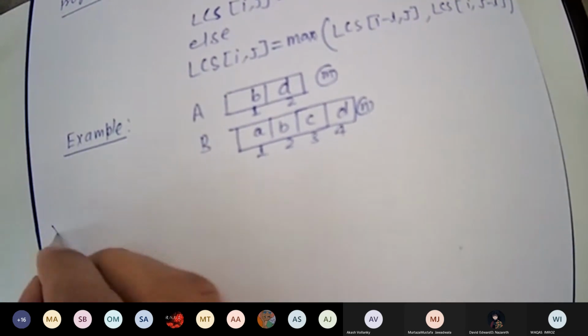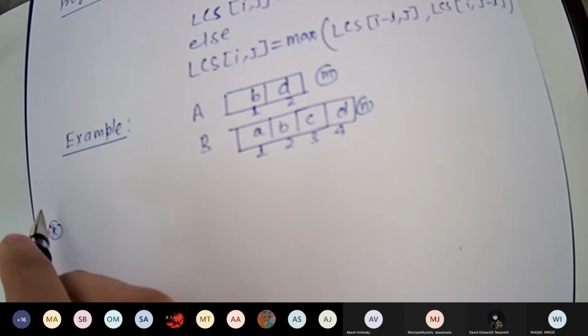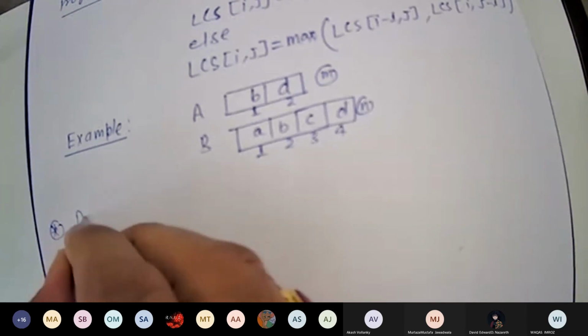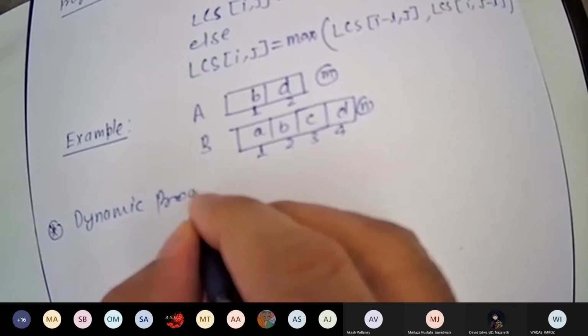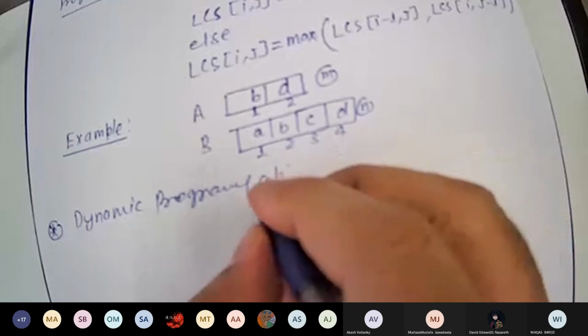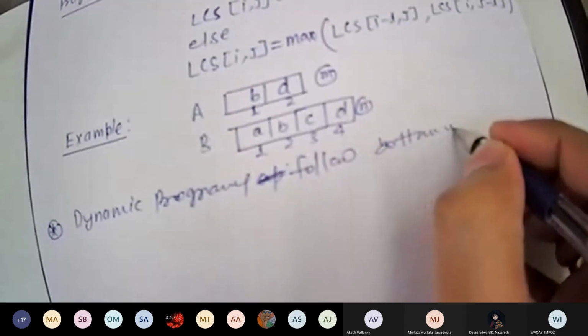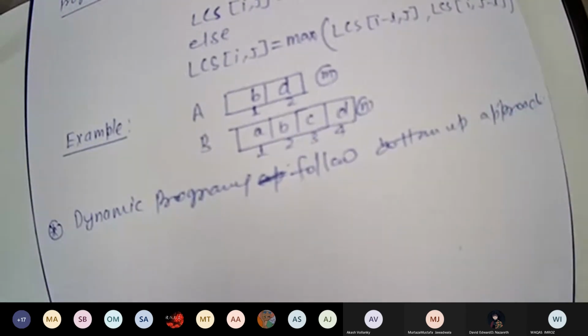One point you should know, dynamic programming follows the bottom-up approach, but the table we are going to make will be filled top down. Dynamic programming, bottom approach, like you just saw how we are filling the table.